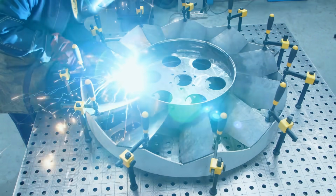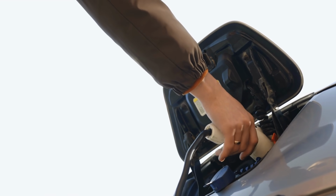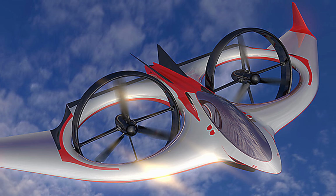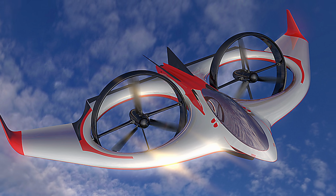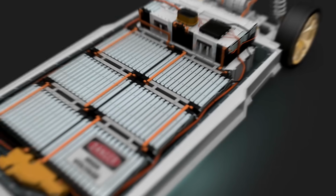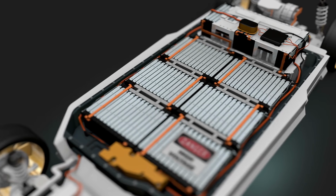It's powered entirely by electric motors, which makes it an environmentally friendly and sustainable aircraft. The electric motors drive the rotors during both vertical and horizontal flight, offering reduced noise levels and lower emissions compared to conventional aircraft. And this propulsion system also enhances efficiency and opens the door to potential advances in battery technology